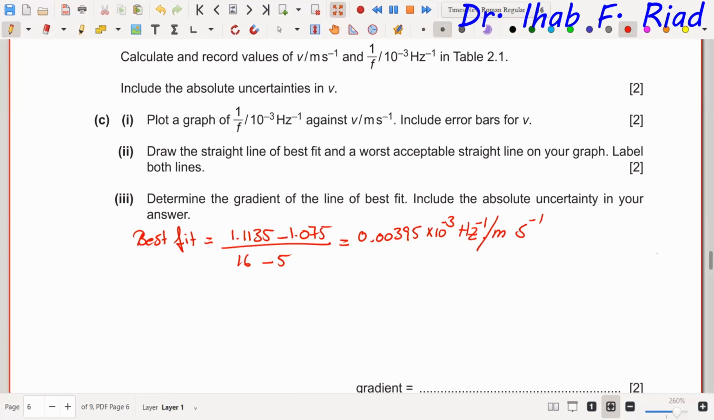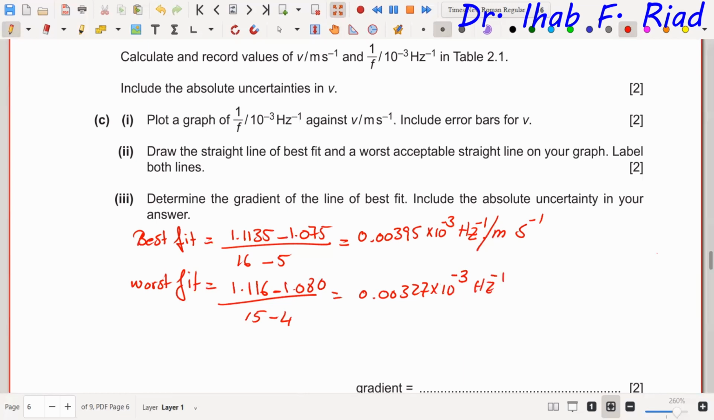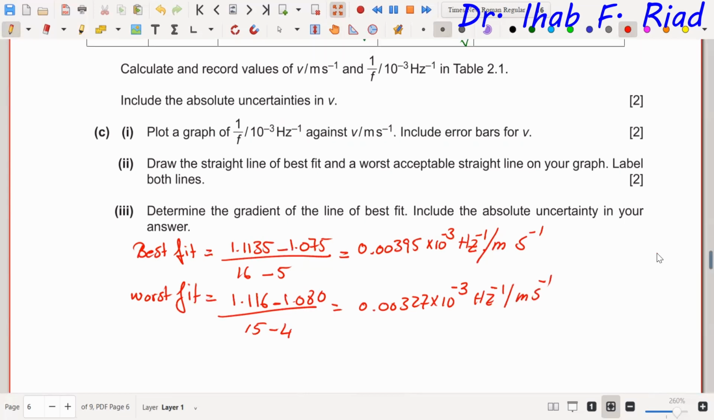Okay. Well, what is the worst fit? 1.116 minus 1.080, divided by 15 minus 4, we are going to get 0.00327 times 10 to the power minus 3, Hz minus 1, meter s minus 1. Okay, but remember, Dean,